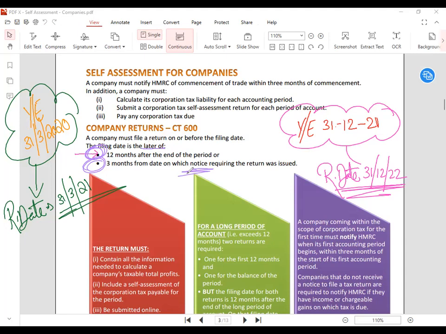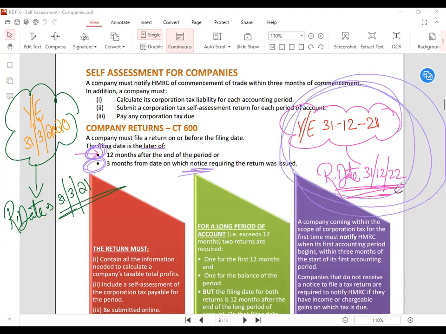Your case is this one: you are required by law to submit the return by this date. But if the government sends you a notice, say on 1st January 2021, the very next day after your year end, asking you to submit your return,